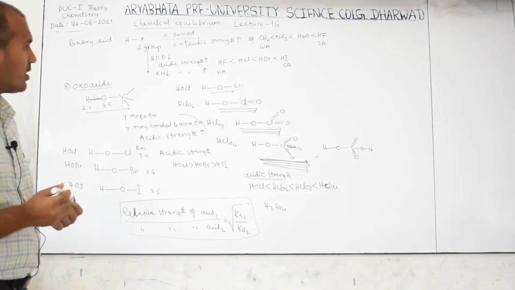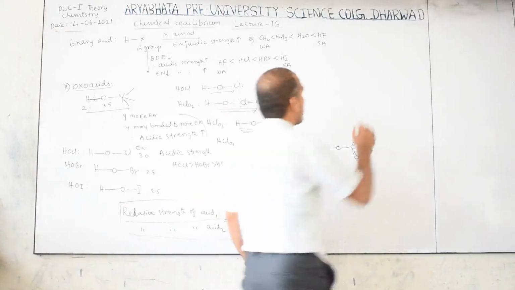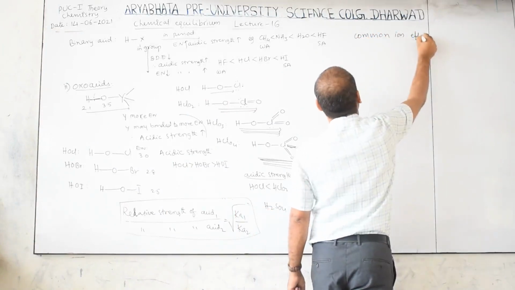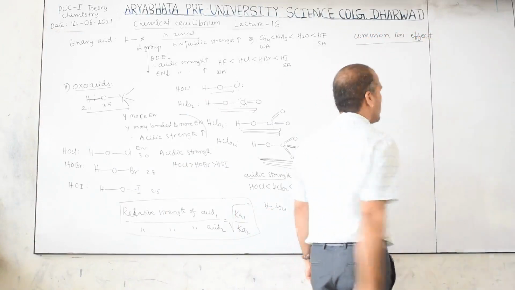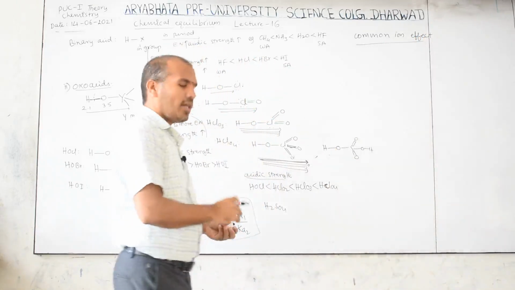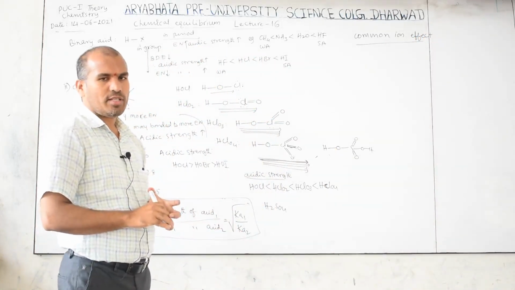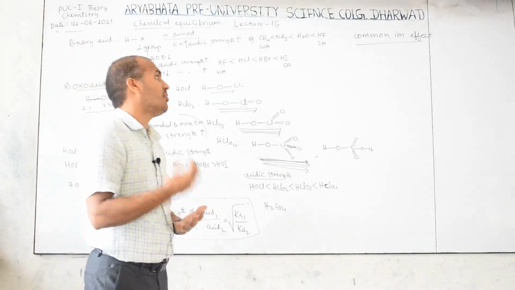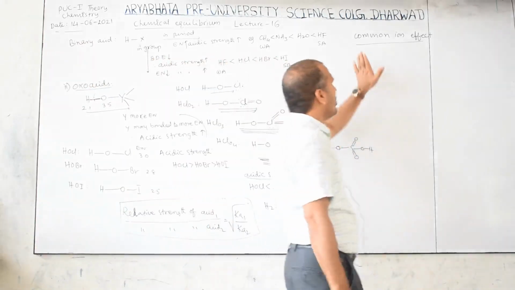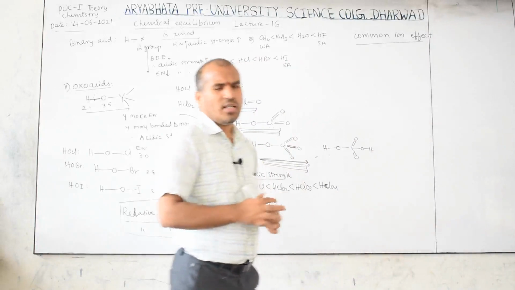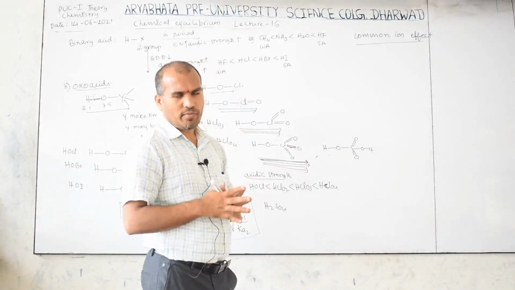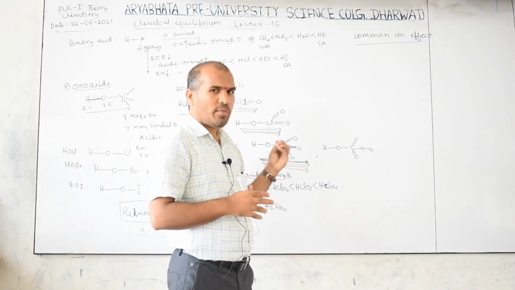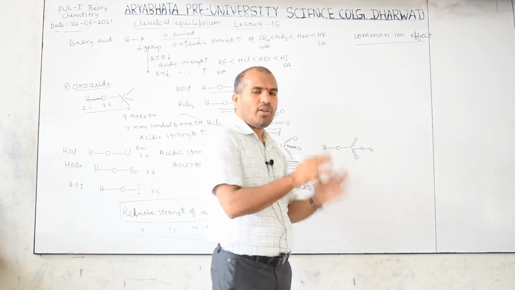So after this, the common ion effect. What is the common ion effect? If you see your textbook, this concept has very little explanation, but this concept is involved everywhere in this chapter, and the common ion effect is also involved in organic chemistry. Many times in discussion it will be involved. So keep in mind, the common ion effect is the shift of equilibrium because of an ion added to the equilibrium which is already involved in an equilibrium reaction.